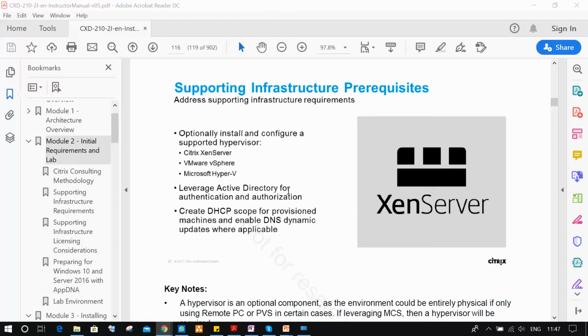So DHCP is used for releasing an IP address to the client machines, and DNS is used for managing computer names with IP addresses, address to name, name to address. Both will manage that.